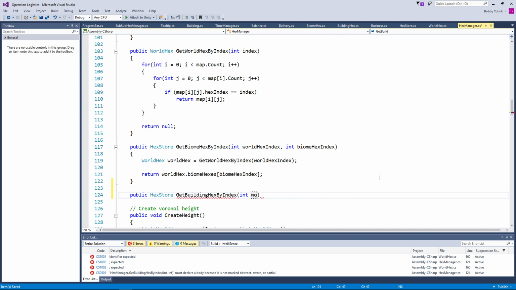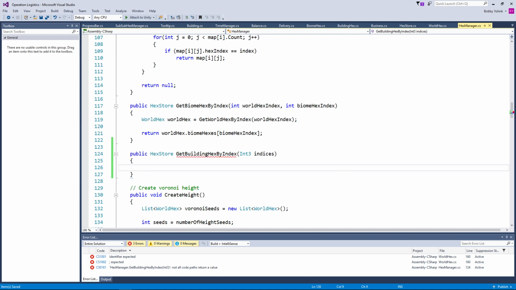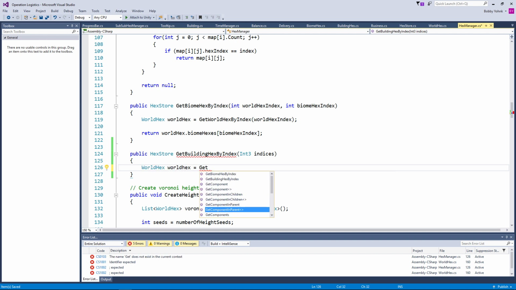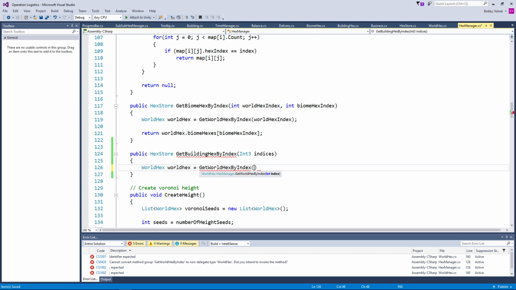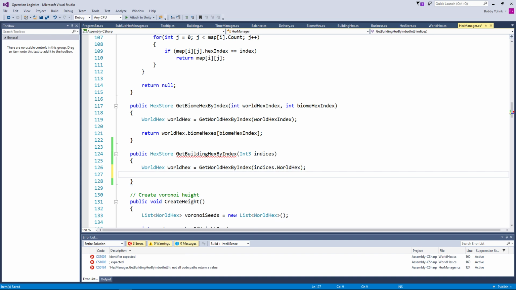Actually, we could just pass in an int3. Int3 index, or indices. We'll go with indices. That's what we wanted. Okay, so world hex equals get world hex by index. So we're going to need to grab this int3, or rather just indices dot world hex. There we go. And then biome hex equals